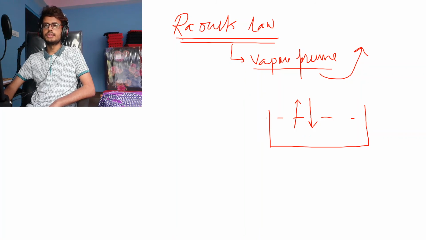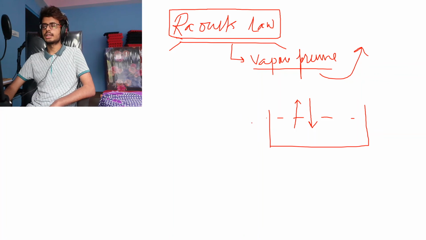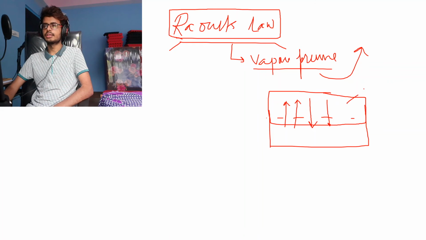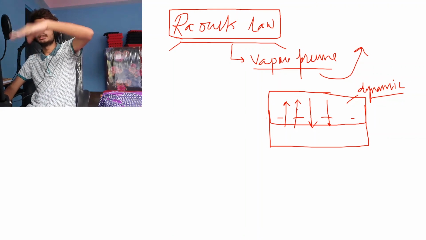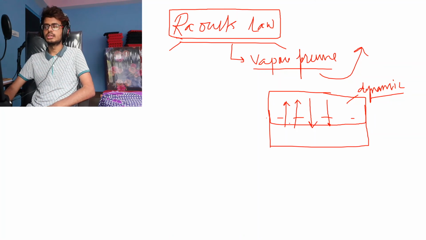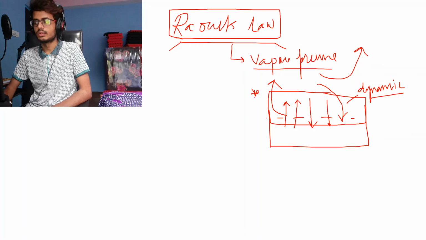So for Raoult's law, we need to know what vapor pressure is. We already did it yesterday. I'll repeat again. Vapor pressure is the pressure exerted by the liquid in the vapor state when it is boiling, right? But the condition that needs to be fulfilled is that the liquid and the vapor system need to be in dynamic equilibrium. Dynamic equilibrium basically means that the rate of evaporation should be the same as the rate of condensation. So the volume of water that is evaporating should be equal to the volume of water that is condensing, right? This is the thing you need to know for Raoult's law.